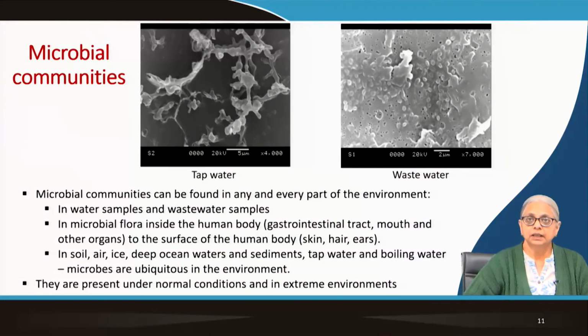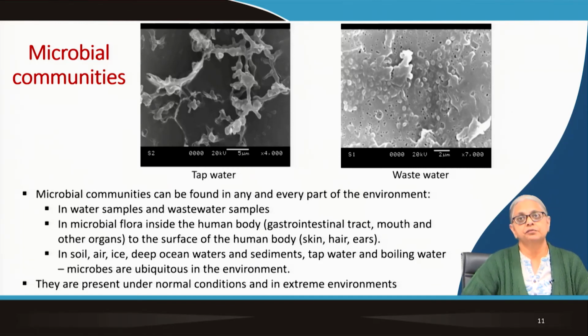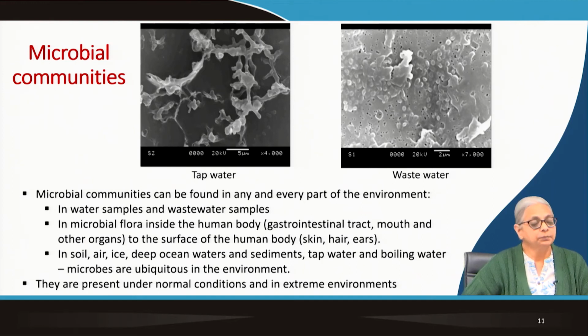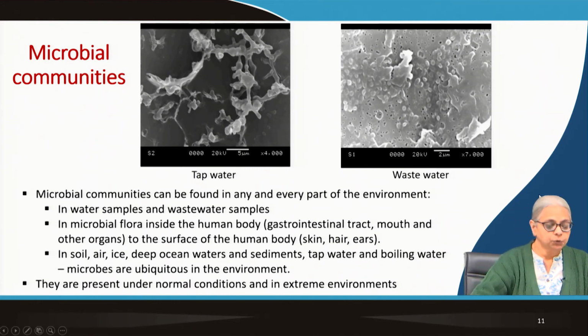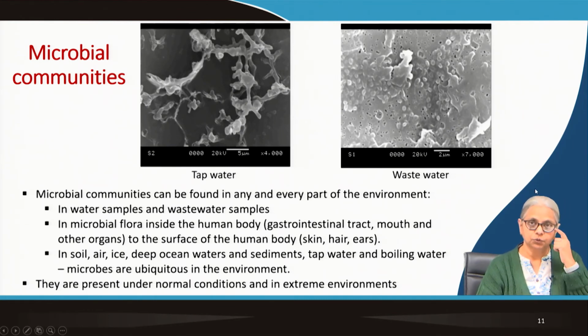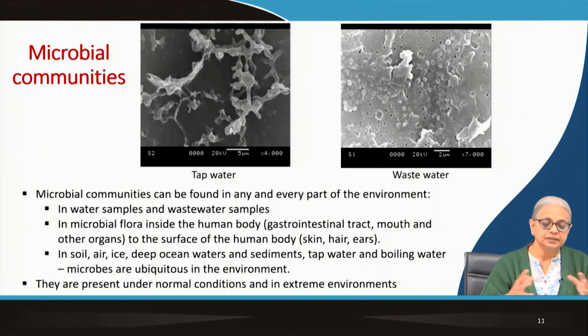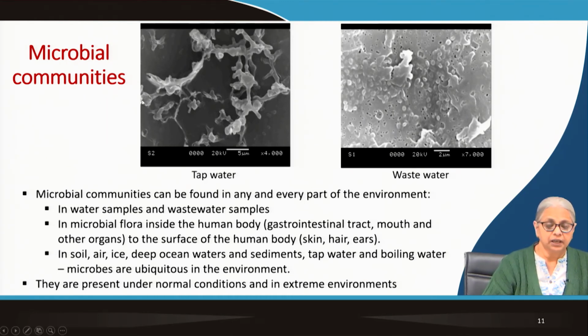Right, so let's take another look at various different types of microbes that we are going to be looking at. You can see microbes all around you. They are ubiquitous in the environment, which means no matter where you are, whether it's too hot or too cold, in your normal environment, you will find any number of microorganisms. What I'm going to show you in this slide and in the next few slides are examples of different types of microorganisms. Since I work in the area of water,